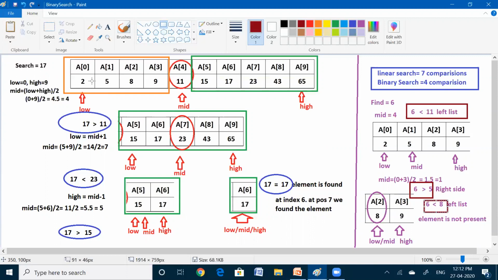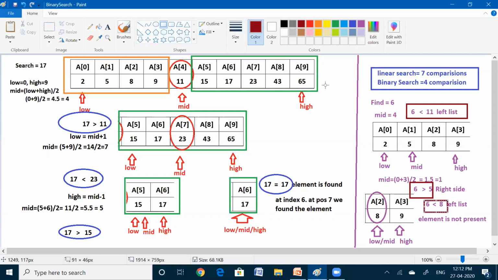Linear search searches for the particular element until the element is found or till the end of the list. The comparison starts from here. The element is not found, then move to the second position, not found, move to the next position, not found, not found. Like that it will search the entire list. After searching the entire list only, it will say that the element is not found in the list.